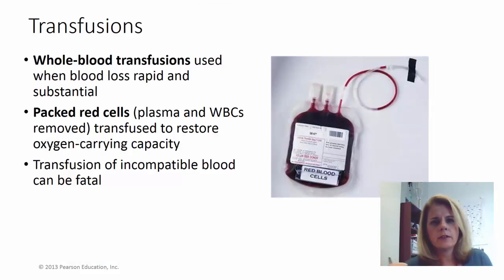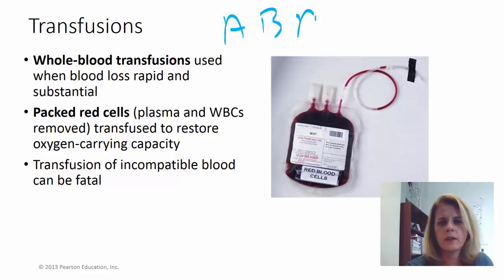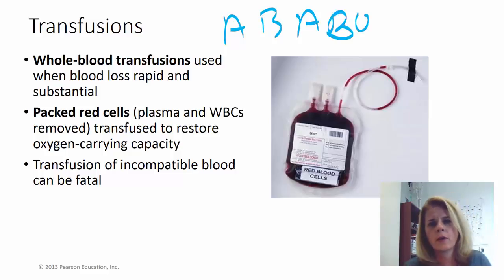Okay, so we all know that someone's been injured, and so they're bleeding out, and so they need to have a blood transfusion, or maybe they've been in an accident, or maybe they're saving blood. They're going to have a big surgery, so you're going to save your blood so that later on you can use it after surgery. Well, sometimes when there's an emergency, you've got to get somebody else's blood, which is why it's important to know your blood type. So if you haven't done the blood type videos and figured out how to cross match donors and recipients, you need to do that.